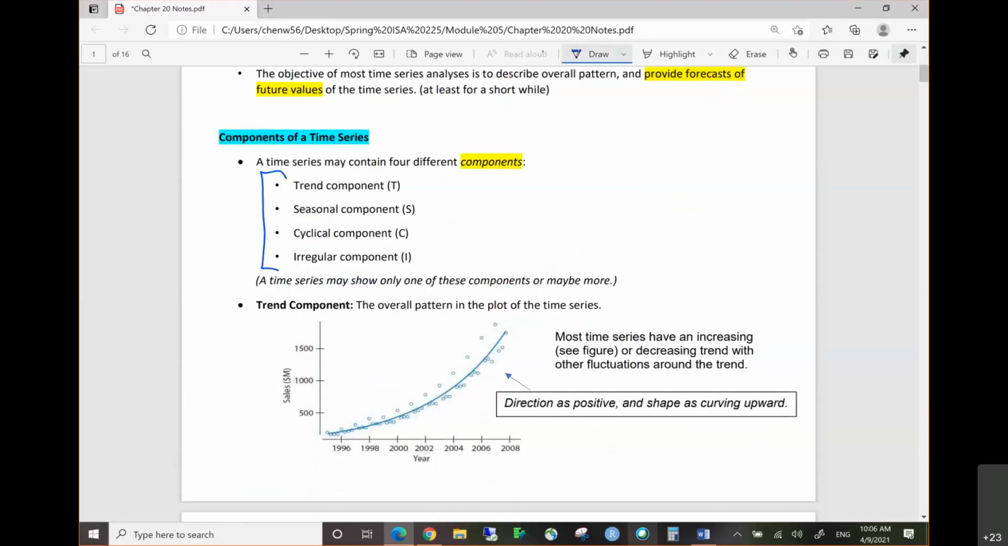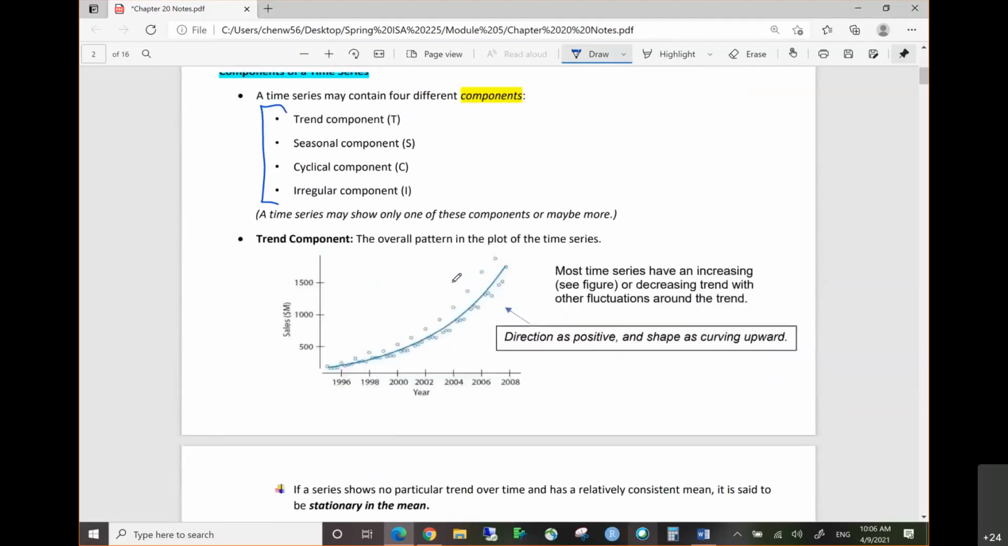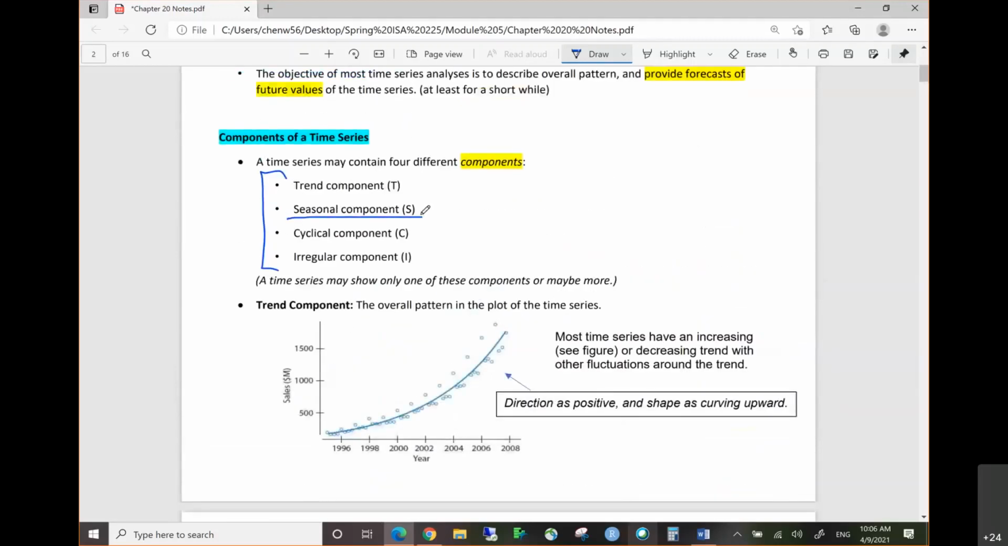First, we have the trend component. We look at the overall pattern: is it increasing, decreasing, or staying the same? If it stays the same, we call it stationary, which means no trend. For the second component, the seasonal component, we look for a small repeating pattern within the